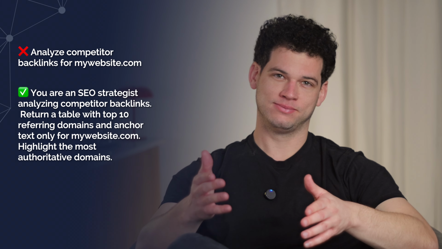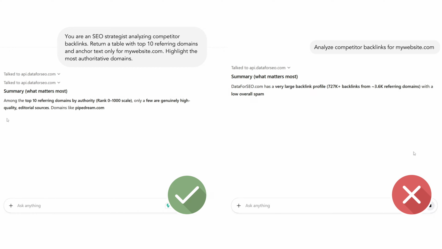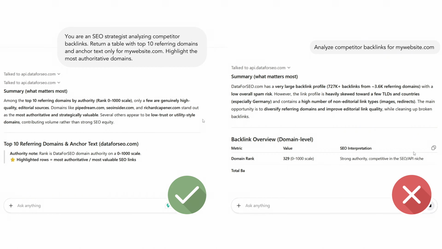Let me show you something. Both of these prompts ask for the same thing, kind of, but the results you get are completely different. This is a common situation when using AI agents like ChatGPT for SEO research. They're incredibly fast at analyzing keywords, backlinks, and trends, but the quality of the output heavily depends on how you